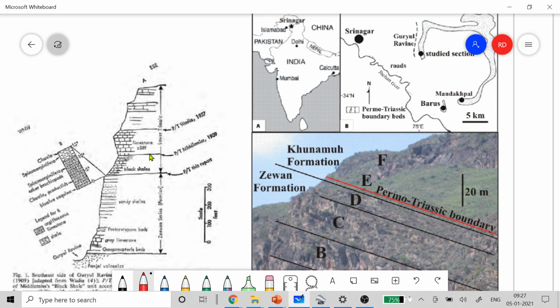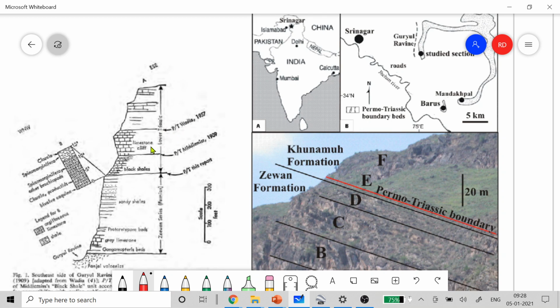Sometimes it's on top of the black shales which are observed. Again, these black shales are actually pretty common within the Permian period, because of a more humid environment and more organic material. And then you go to limestone cliffs, and then there is this lower Triassic, which is